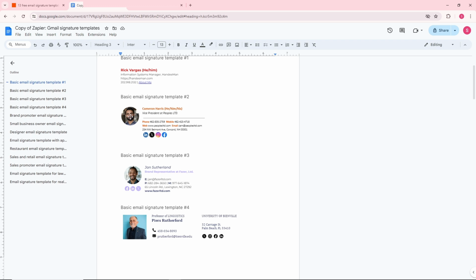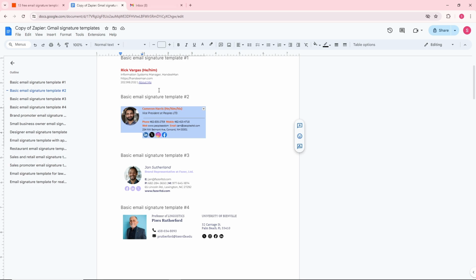So just simply go ahead and double click on the picture and click on replace image, and from here, guys, you can upload a picture from your computer in order to change the photo. And from here you just simply go ahead and rewrite the right information into your signature. And once you have done editing, just simply go ahead and copy this whole thing, and from here just tap